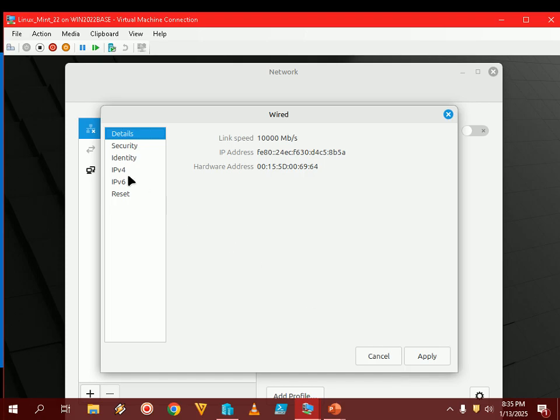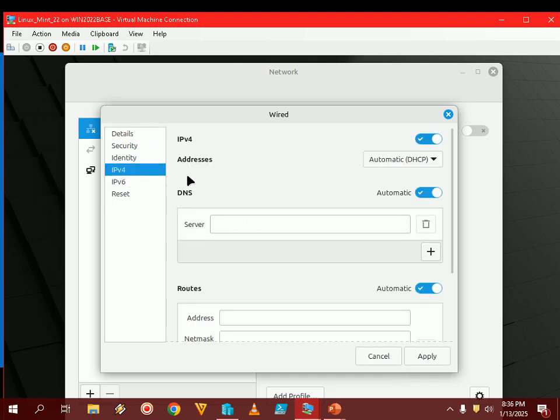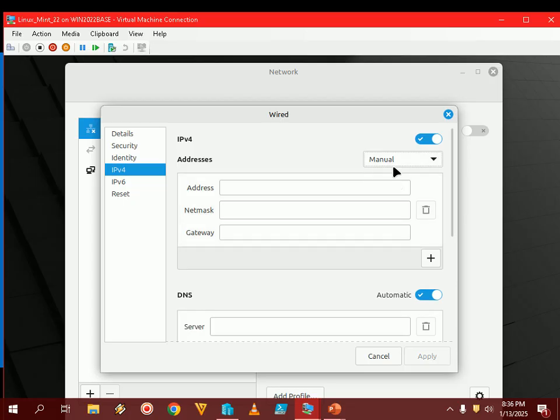So I will go here, and here IP4 is there. The address is automatically taking DHCP, so I will make it manual, right? And I will type this address 10.1.1.142, right? Net mask: unlike Windows, it is not auto detecting your IP address and net mask. So I'm just putting it as manual